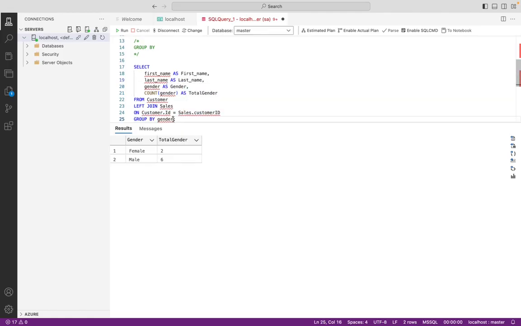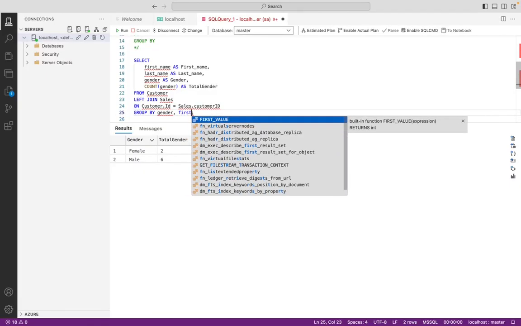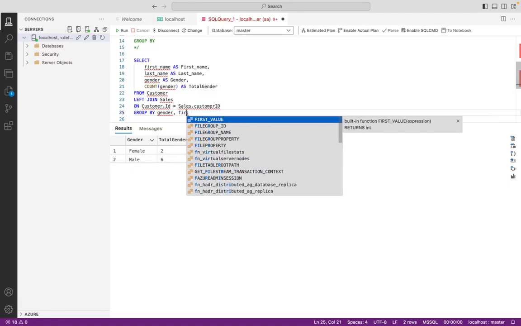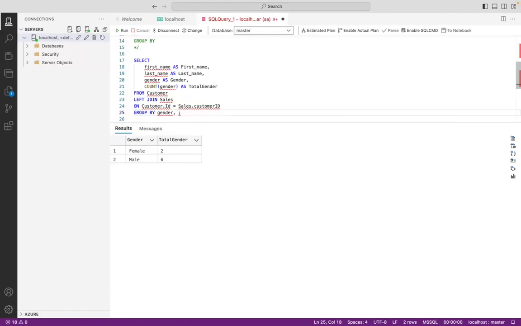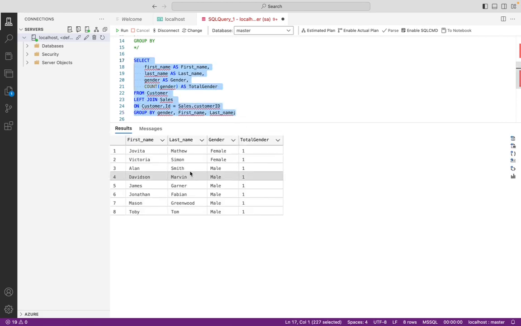And then remember, we need to include first name and last name in the group by statement. If not, we'll be getting an error here. So assuming I didn't include last name, I'll get an error because the last name was not aggregated, so it also has to appear in the group by statement. So include the last name here, and then go ahead to run this and see,